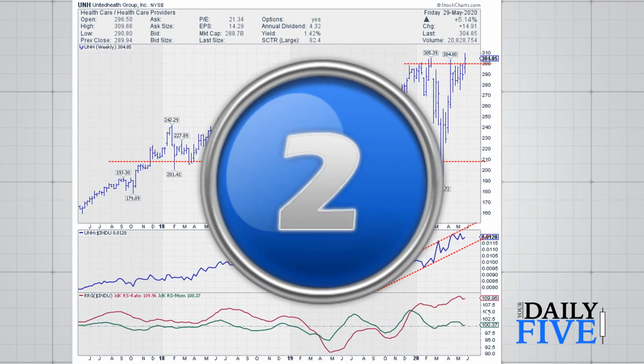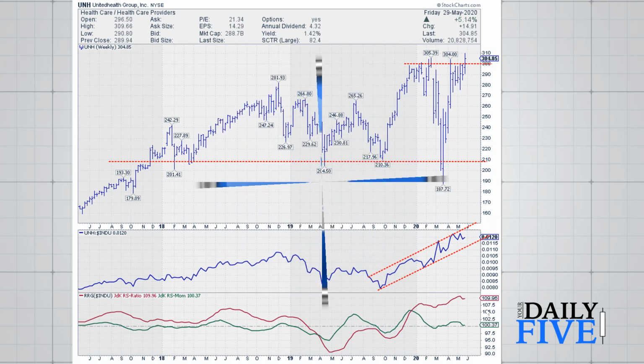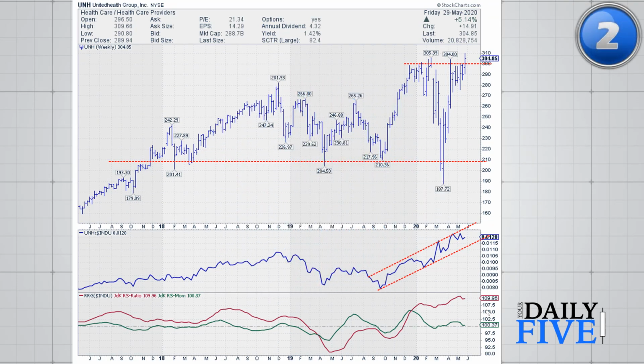United Health, like all other stocks, February to March was horrible. What I do like here is the fact that the stock respected that long-term horizontal support in the, let's say, 205, 210 area. You can see the labels. That's a bit the area where we found first resistance and later support. And if you look at the close here, that was like middle in that range. A little bit of an overshoot and then a quick recovery,